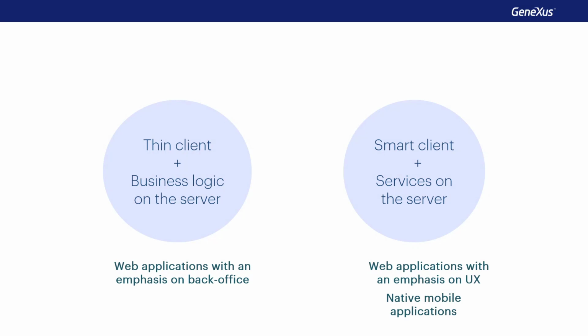The application's architecture conditions many aspects of the application, in particular, the way that they're programmed. When the client is light, almost all application requirements will be solved on the server. So our programming will always be focused on server operations, such as, for example, accessing the database. On the other hand, when we have a powerful client, many operations can be performed on the client itself, without having to resort to the server.